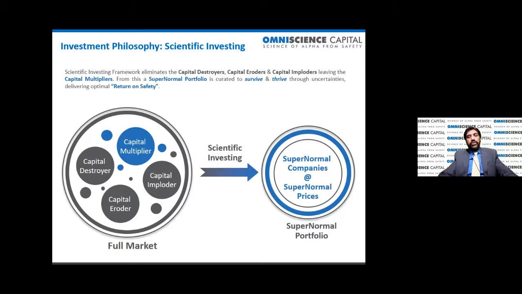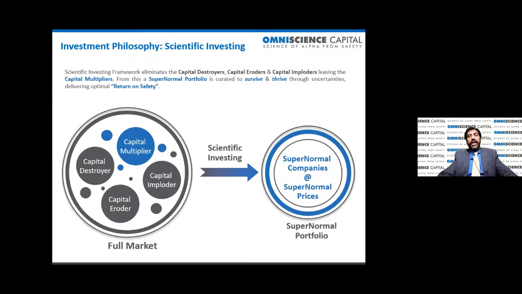So here we will not go very deep, but I will go a little bit deeper than this, just so you have a feel for what scientific investing is. In the scientific investing framework, we start from the whole market, where in India there are about 2,000 companies. I'll just take an example of our multi-cap portfolio. In current terminology, I would say it's a flexi-cap portfolio rather than multi-cap. In the flexi-cap portfolio, we focus on the 1,000 largest companies in India, from which first we remove capital destroyers.